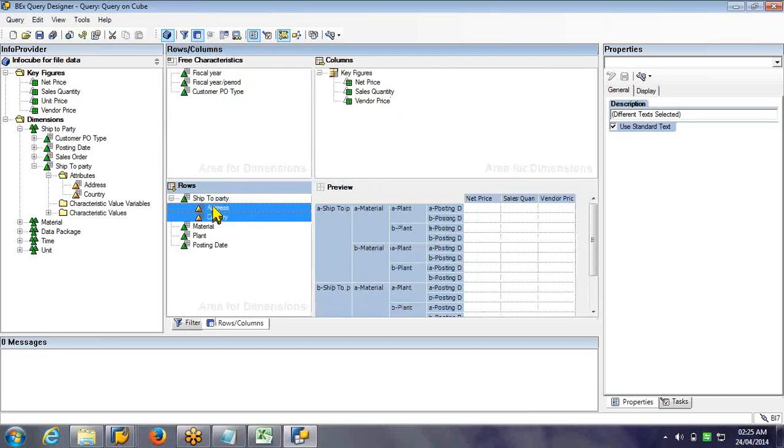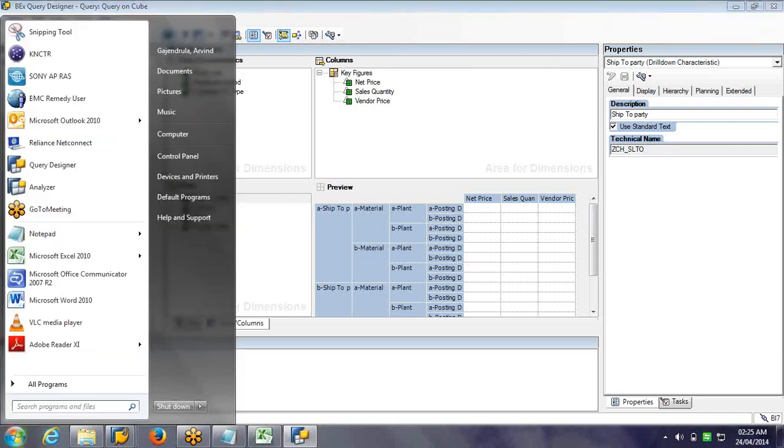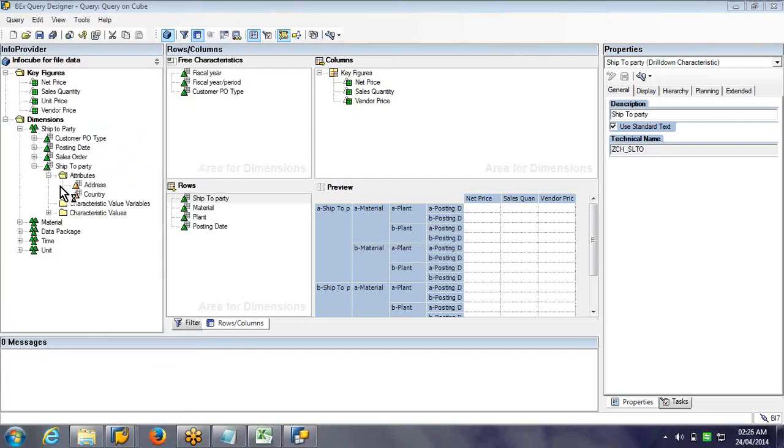So either you include it, or even if you don't include it, the user can still access the attributes in his report. It's not compulsory for you to include it.